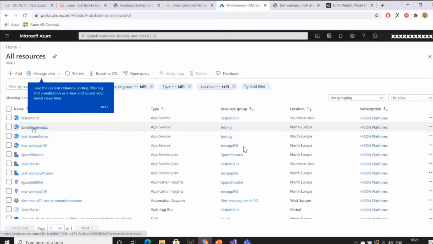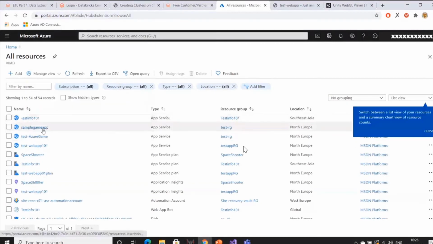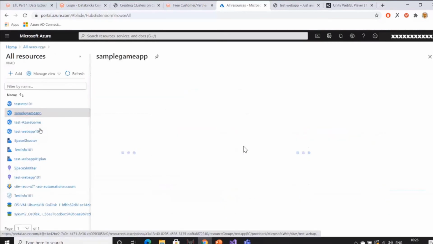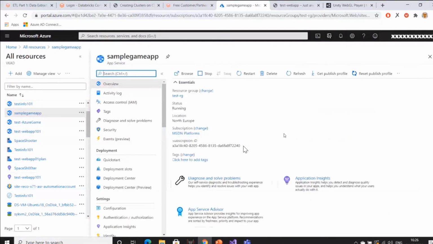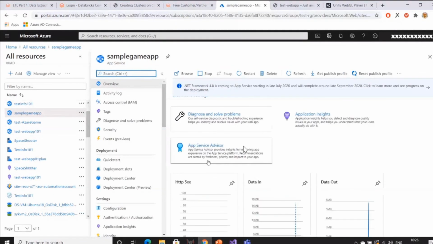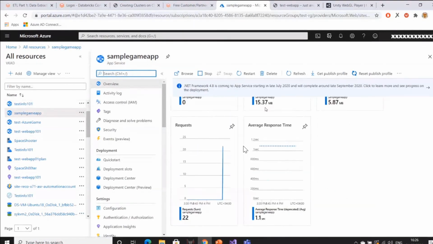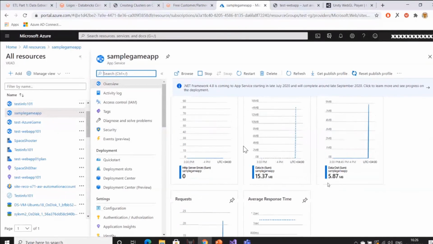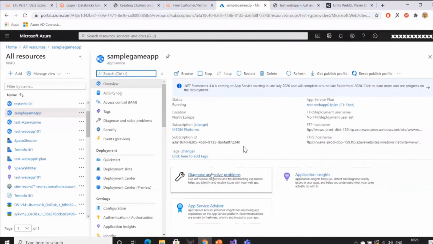This is the sample game that we just created from Visual Studio, created in the test RG resource group. Everything I can see right from here, right? How my application is behaving, what the metrics are, all the properties of my application I can directly see from here.